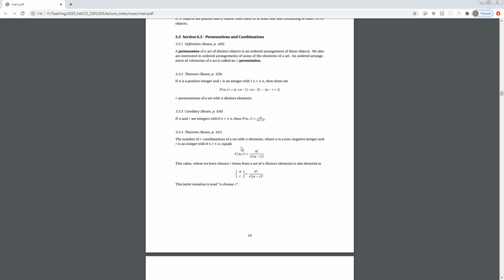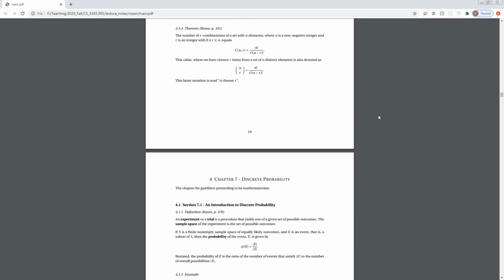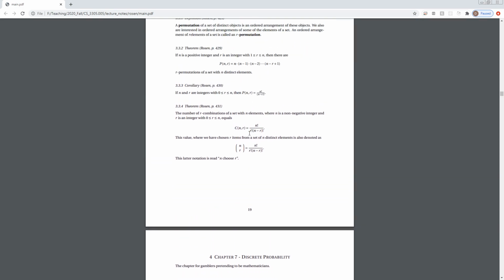Okay, and then the ambivalent version of our R permutations is combinations. We discussed this earlier, how we would derive this, and so it's an R combination, something where we've selected R items out of a set of n, but we don't care about the particular assignment. We just want to know how many different